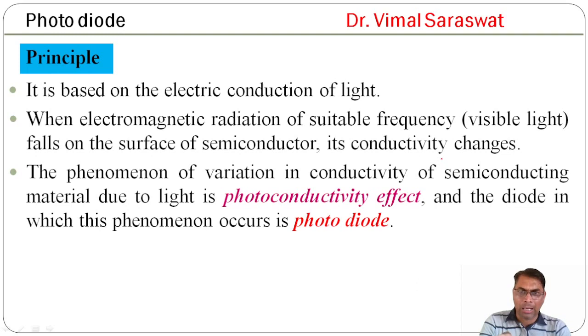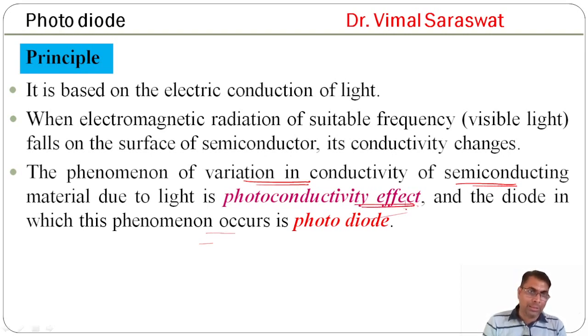The phenomenon of variation in conductivity of a semiconducting material due to light is the photoconductivity effect. What is the photoconductivity effect? The phenomenon of variation in conductivity of a semiconducting material due to light is